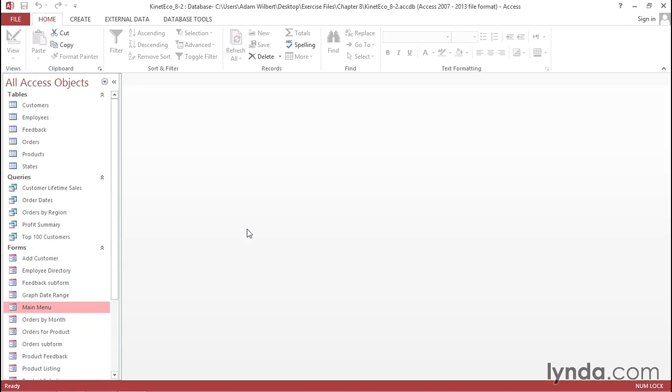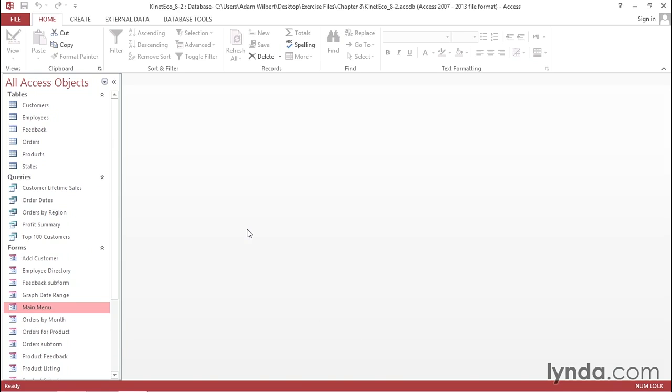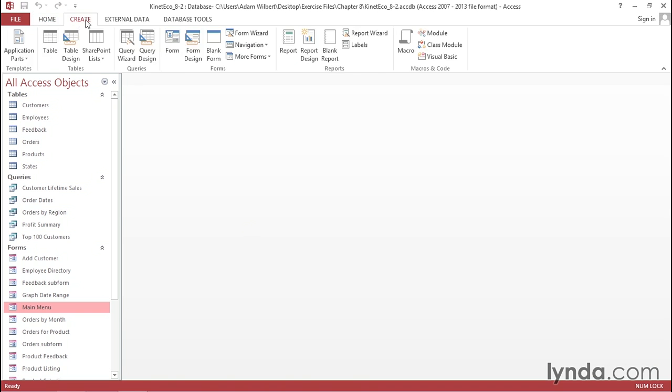Before we can design our report for printing on the I-9 employment eligibility document, we need to gather the data that we want to print. In this case, we're going to make a simple form that will allow our users to select the employee that they are interested in, and we'll hook it into a query that will populate the report. We'll start by creating a new blank form in Design View by going to the Create tab and choosing Form